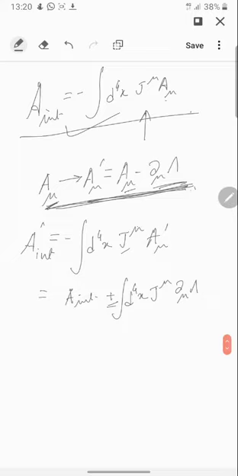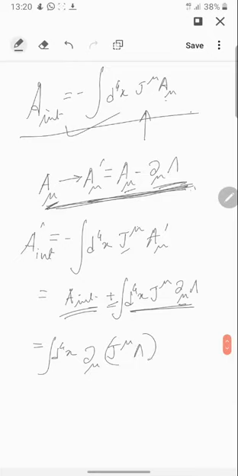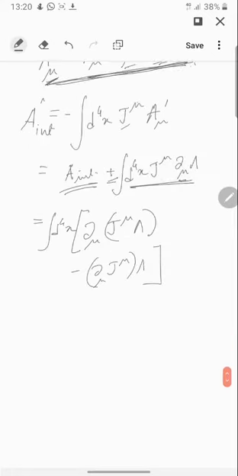This is the extra term which we will have to deal with. So let us see what this thing leads us to. We will not bother about the old term, it just remains the same. Let us see what we can do with this term. So let us modify this and write this as a total derivative term. I am bringing this del_mu outside and writing del_mu of j^mu lambda. So I am bringing this del_mu over the whole thing, and that means including an extra term, so we have to get rid of that extra term. The extra term is del_mu j^mu multiplied by lambda. So these are the two terms. I am writing this as a total derivative minus the extra part.